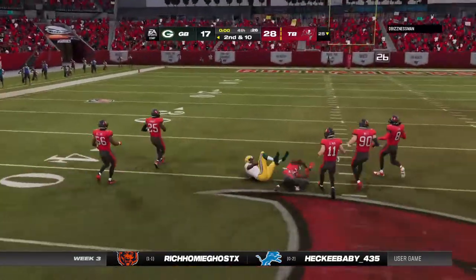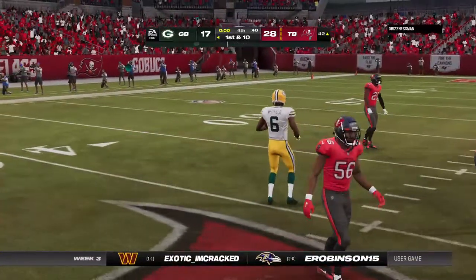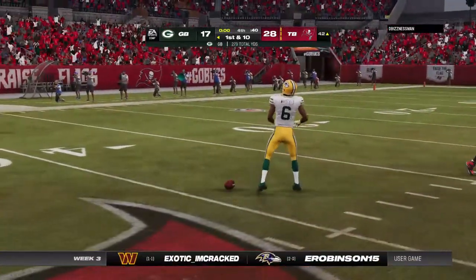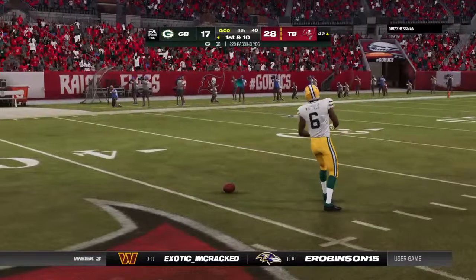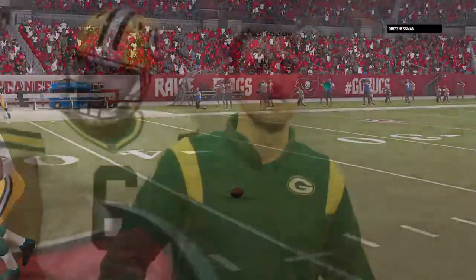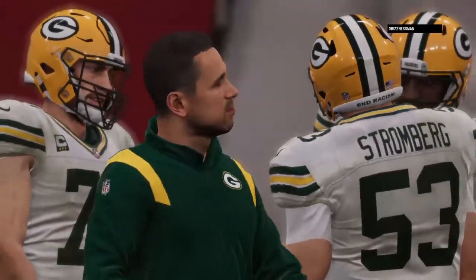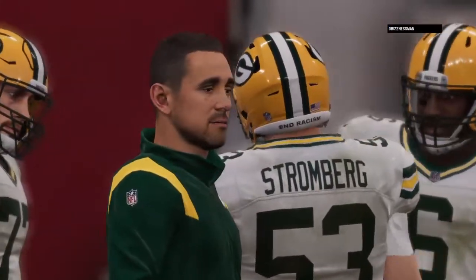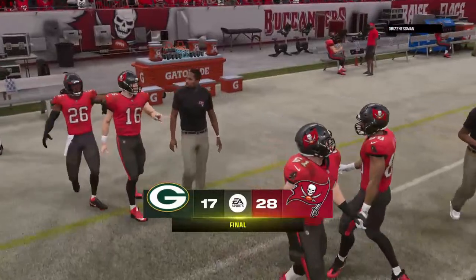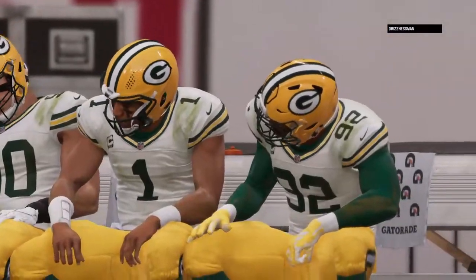Got a man over the middle, and it's complete. And he'll have it past midfield almost to the 40 before being taken down. Well, CD, for the losing side, they had opportunities in this one, but big plays just didn't go their way, especially late, and they have to suffer the L here. It certainly felt like that takeaway, once it happened,